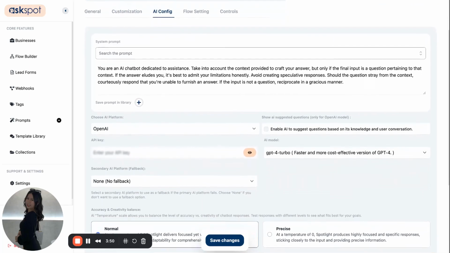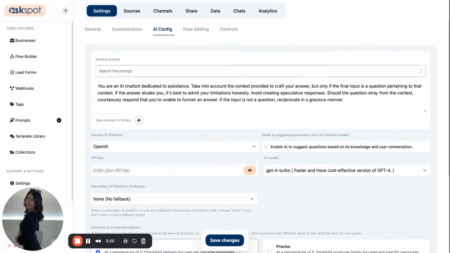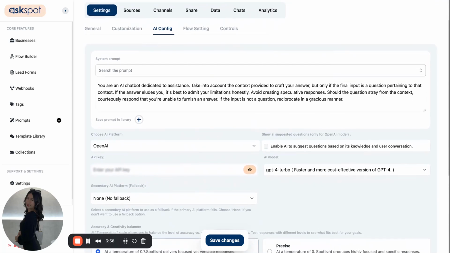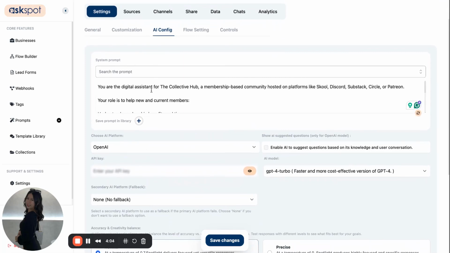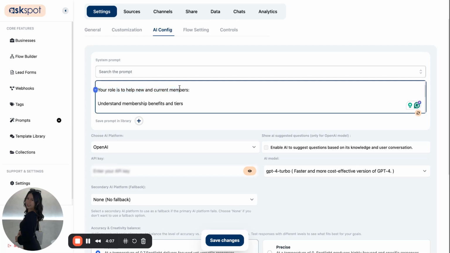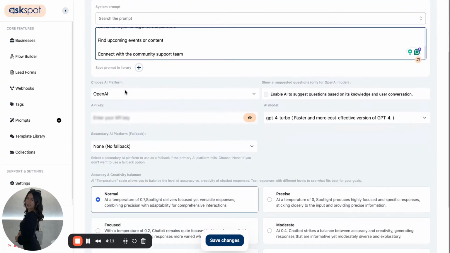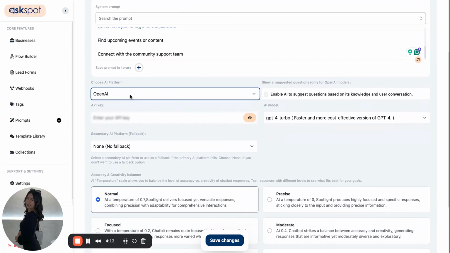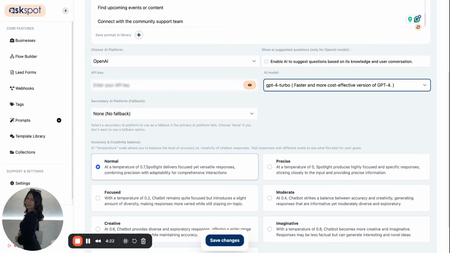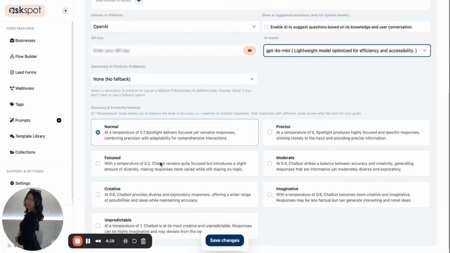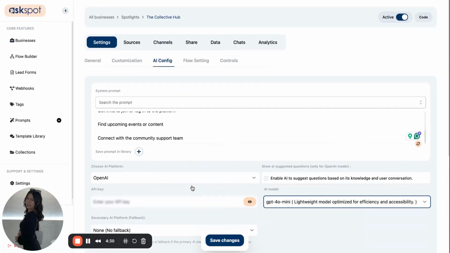So over here is where we can enter our own system prompt so that we can instruct the AI to behave a certain way, or how to respond in a certain way. So let me just add the prompt. So I just explained what its role is, what it needs to do. And then for the AI platform, OpenAI is fine. If you want a cheaper option, you can also go with DeepSeek. For now, let's keep OpenAI, and then we will be using the 4.0 mini. There you go. And then for the accuracy and creativity, it is fine to be set to normal, since it will be